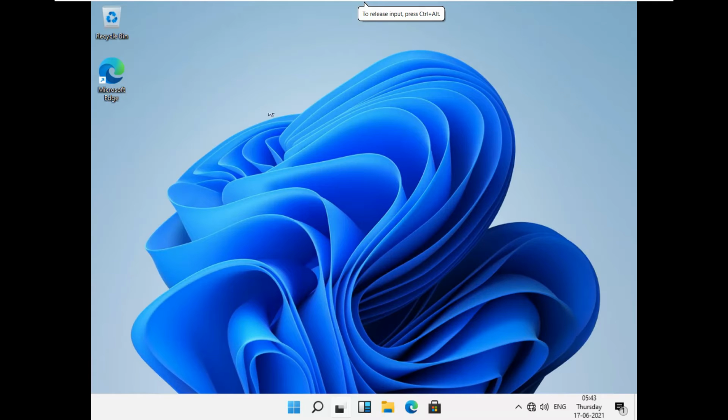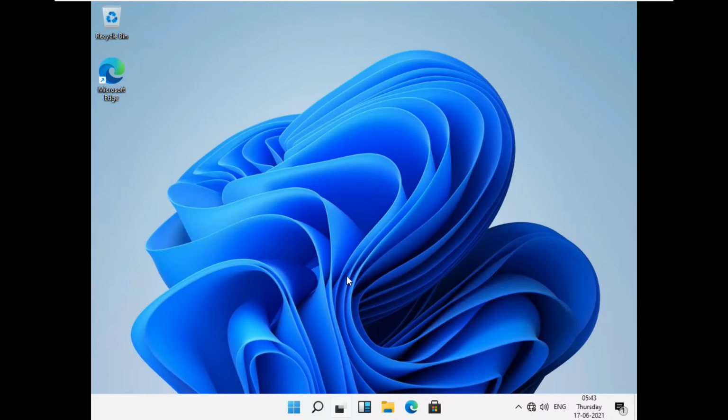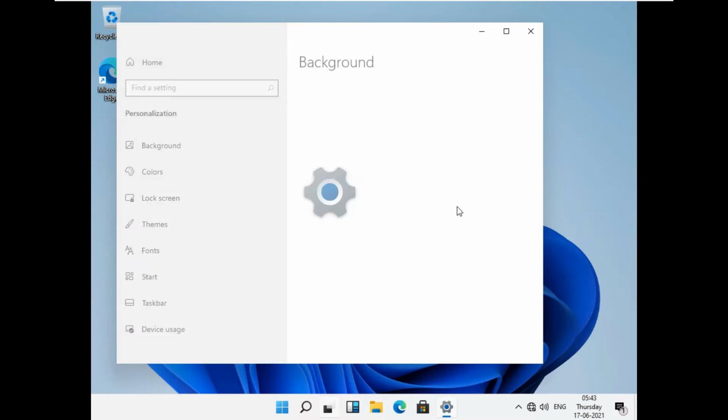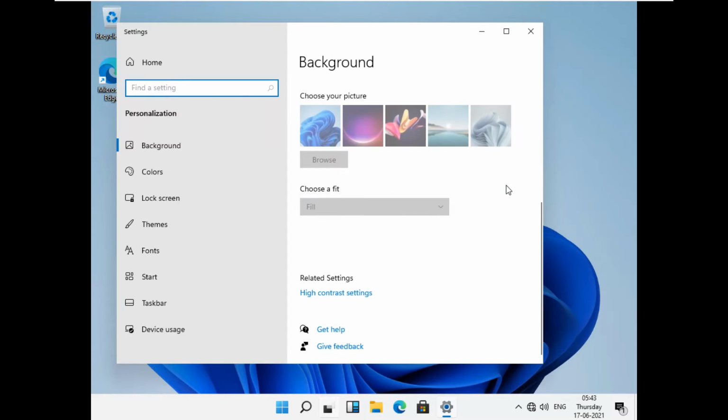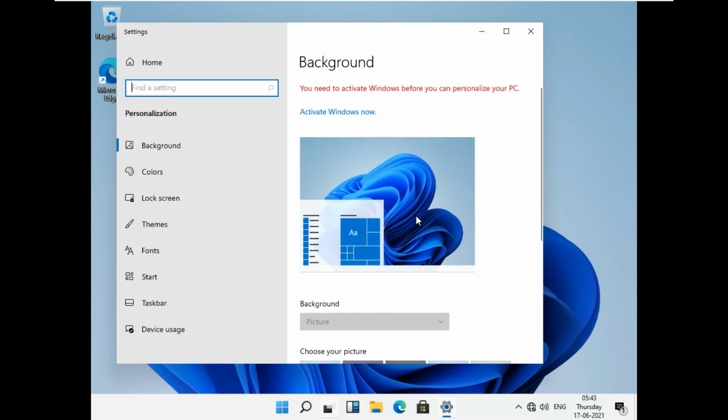You can see that we have the new wallpaper on the desktop, and if you just right click and click on personalize and just go down, you can see the new wallpapers that are there in Windows 11.